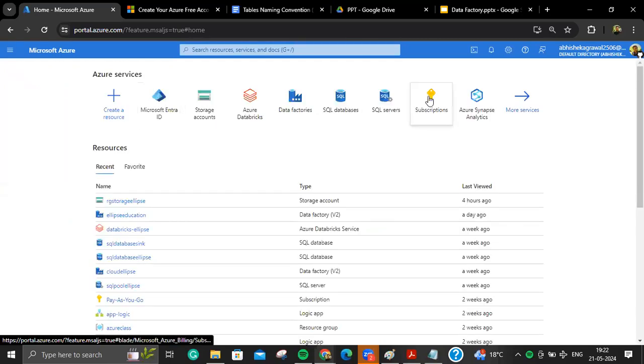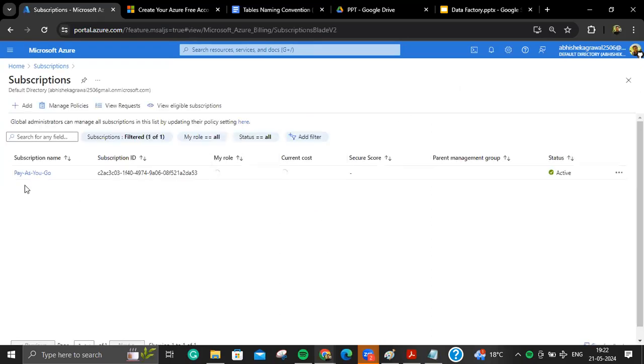Yeah, this kind of window will come if you go to the subscription. Here in the subscription name you will see Free Trial, or you will see your subscription name, so you can see that you have a subscription. I am using a pay as you go model, and I'm paying probably 900 rupees, or 1500 or 1600 rupees a month, but I am teaching students.